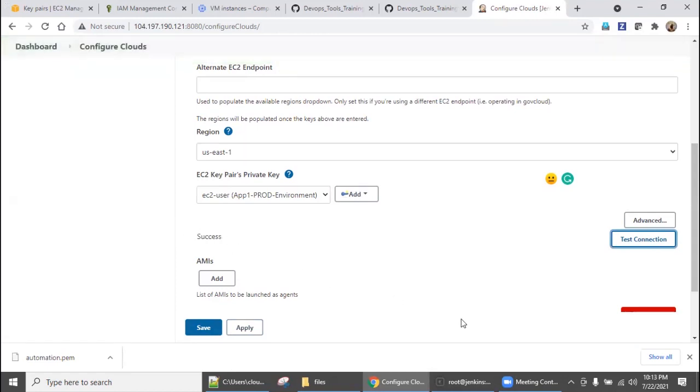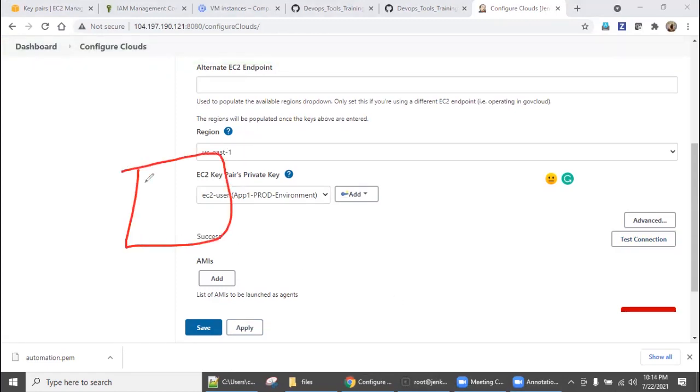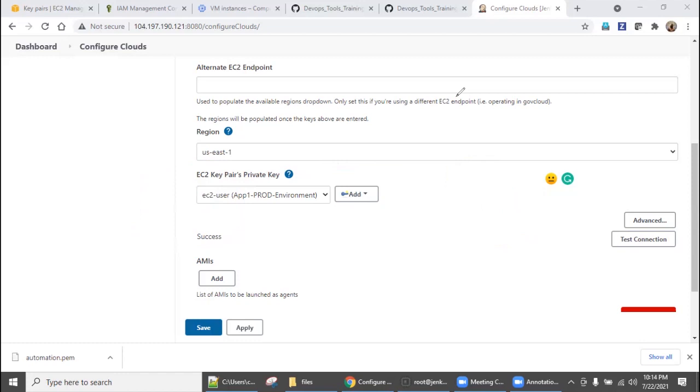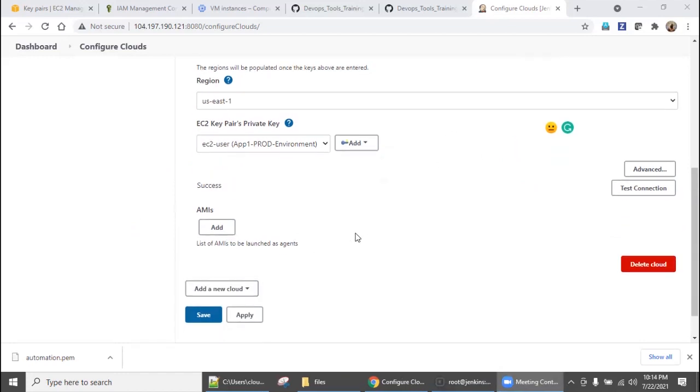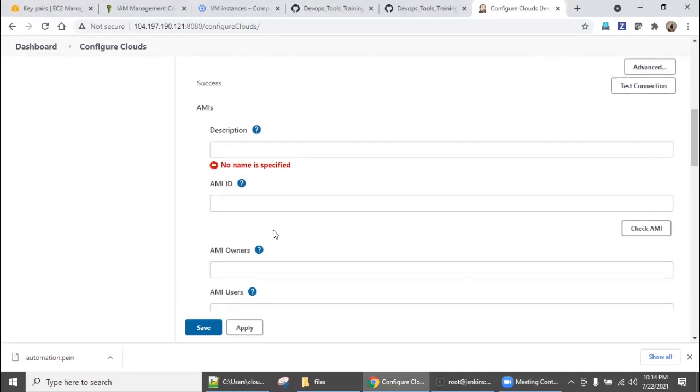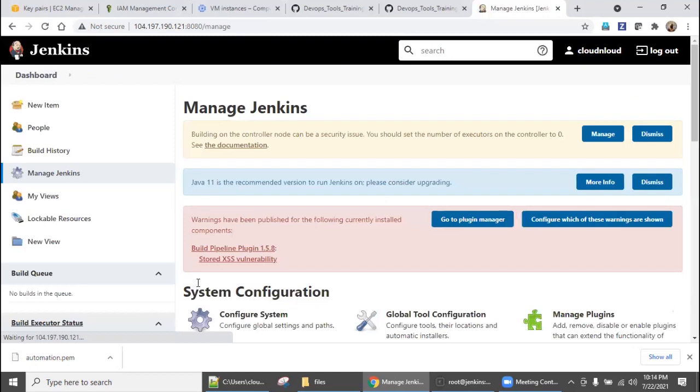So success, that means from your Jenkins machine, CI server to your AWS cloud, okay. So the connection is successful, right? Now what we are going to do is we are going to create some EC2 instance. If you want to restrict, standardize the process, you give some AMIs also to this. This will help you to standardize the things, right? Or else straight away say save, right? Go to new item.